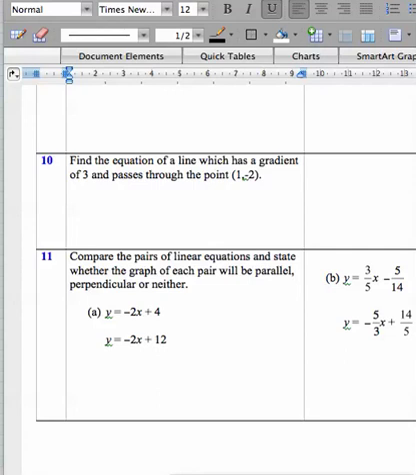So you can see how with this question we have now skipped a whole bit of working out, which was to find the gradient. They're actually telling us the gradient. And here's a point, we can sub in the values for x and y and we're done. So for question 10,